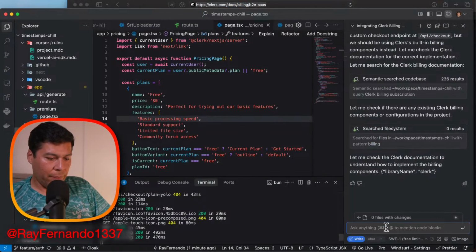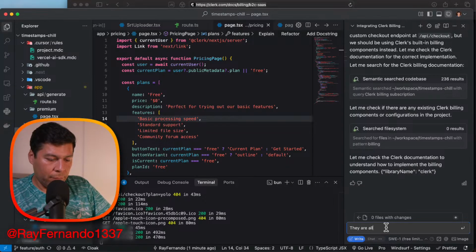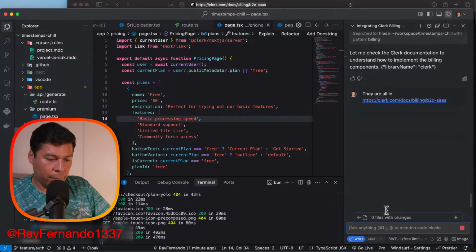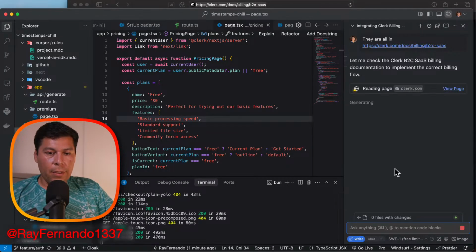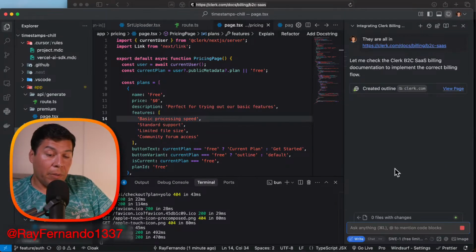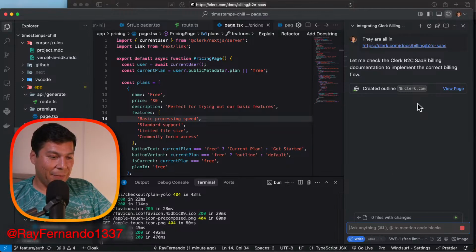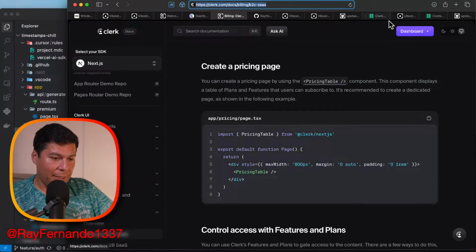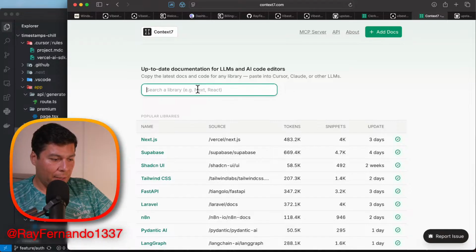No, they're all in here. There isn't a lot of components. It's literally just that little thing and that's it. Because if I go to Context7, Clerk,